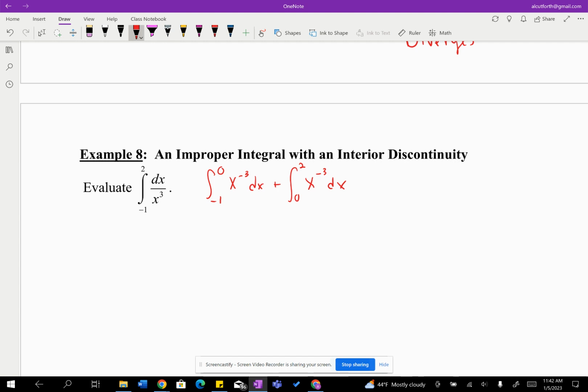Now, if this was a multiple choice question, you could be done right now, because this is the exact same problem we just did on the last one, right? And what did we find out about this one? It diverged, right? And so if that one diverges, the whole thing diverges. So we already know this is going to be plus infinity. We just found that one was infinity from the last question. But let's do this one for the sake of learning. If all you were doing was telling if it converged or diverged, we would be done. But if we needed to find the limit,